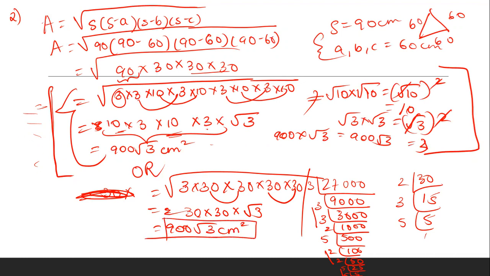So instead of doing all of this, you can simply finish it up just like this. This is a very easy method. When you split 90 into 3 into 30, and then compare it with these three, you can easily group it and find out the same answer. So guys, that's all for this part. Last part is left out, so I'm sorry if this intro is going for a bit long, but it's covering all the concepts of the chapter, right? So let's get going with the next part.